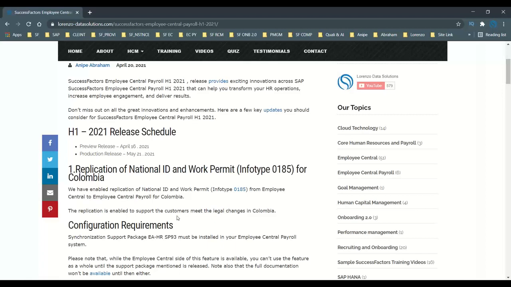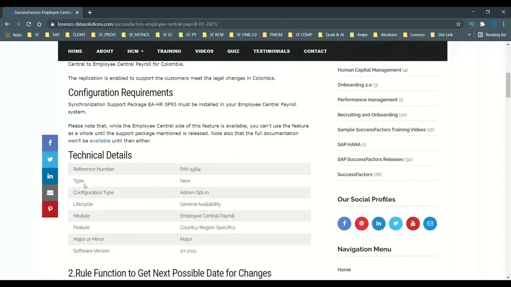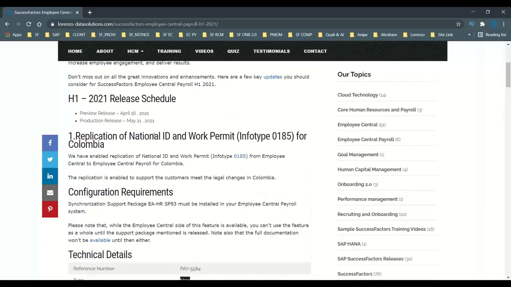The first thing is replication of national ID, work permit, which is for Info-Type 185 for Colombia. This is the first time SAP is enabling the national ID and a work permit for Info 185 for a country specific one, Colombia.